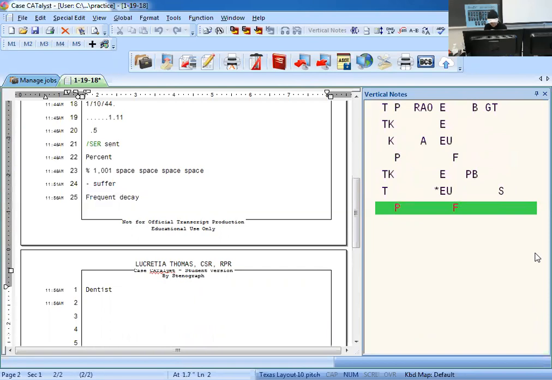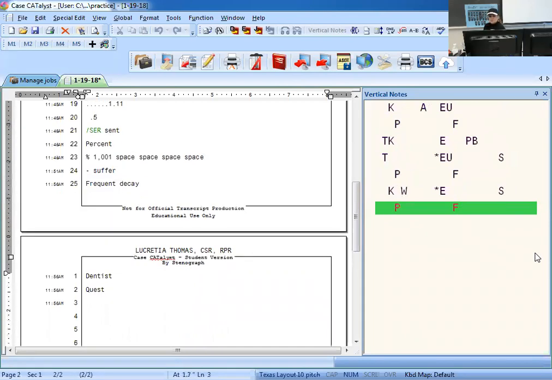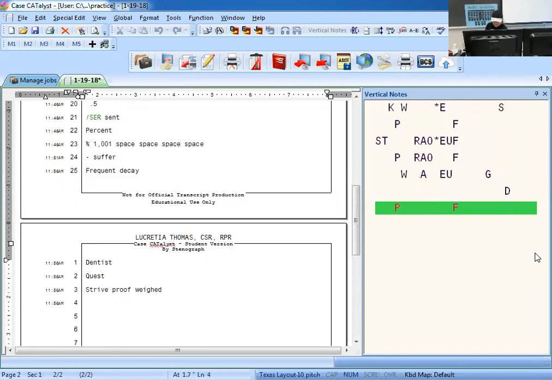Quest, Q-E-S asterisk, quest. You've got strive, S-T-R long I-V, strive. You've got proof, P-R-A-O-F, proof. You've got wade, W long A-G, come back with the D, wade. You've got comment, K-M-E-N-T,